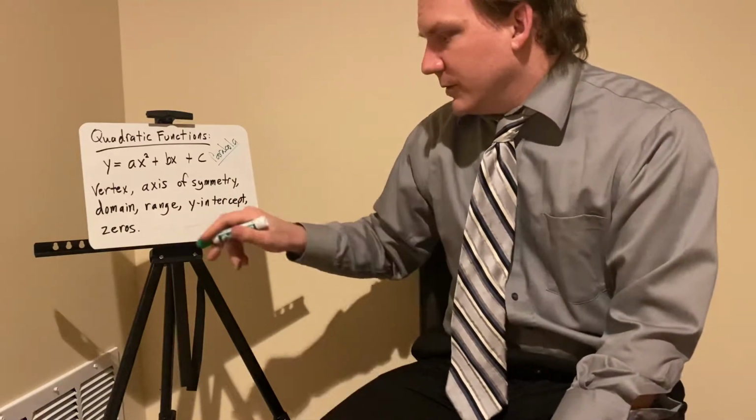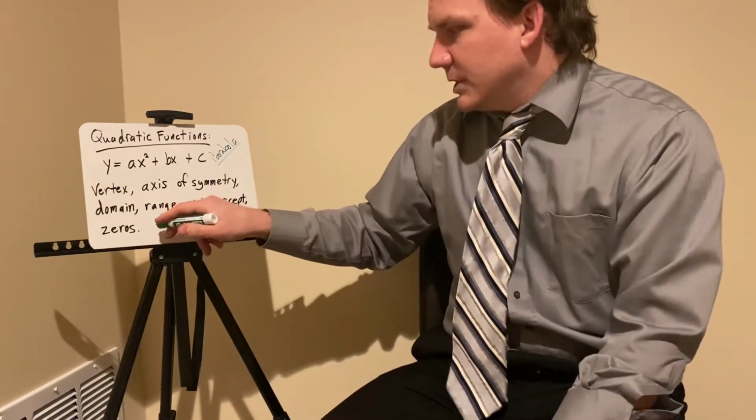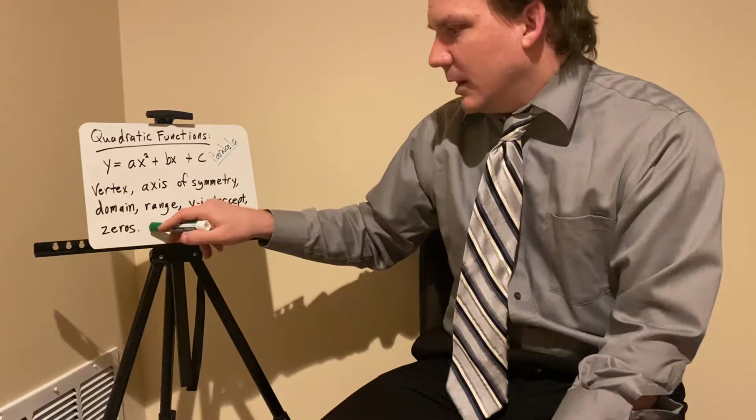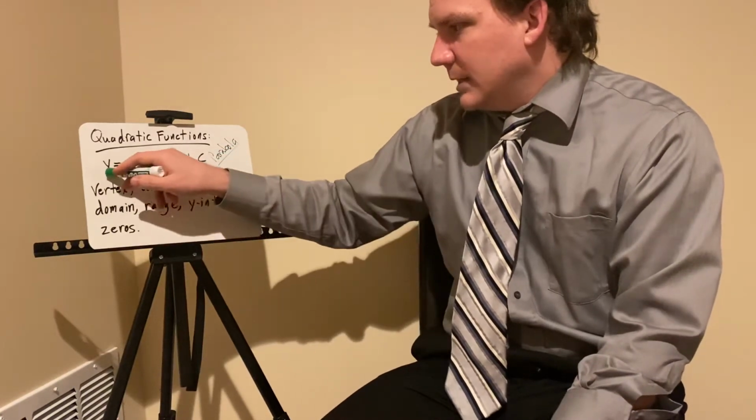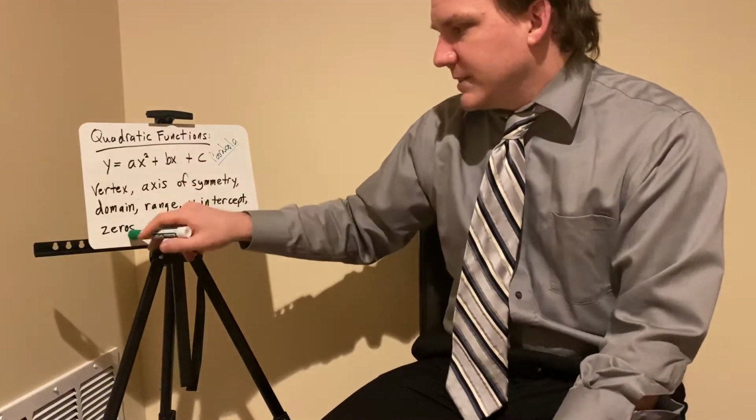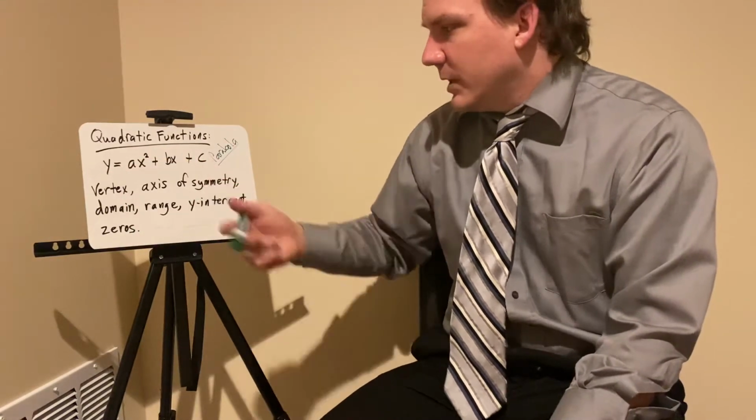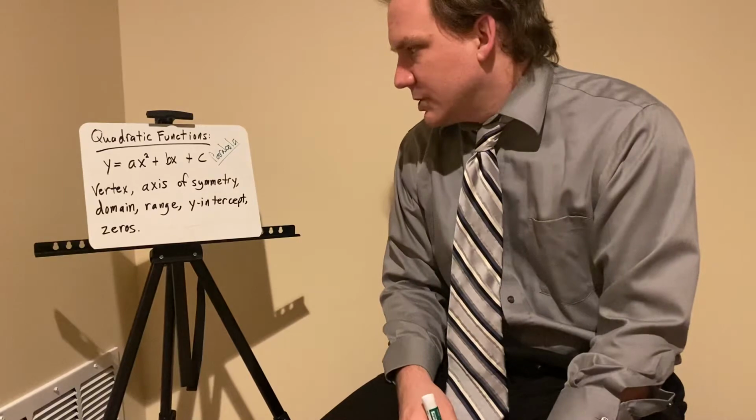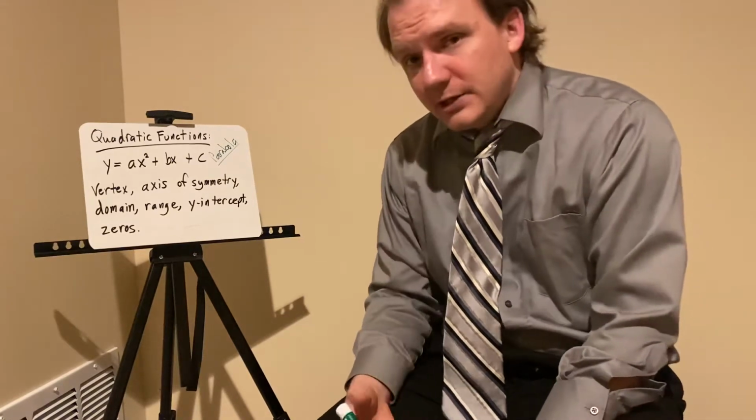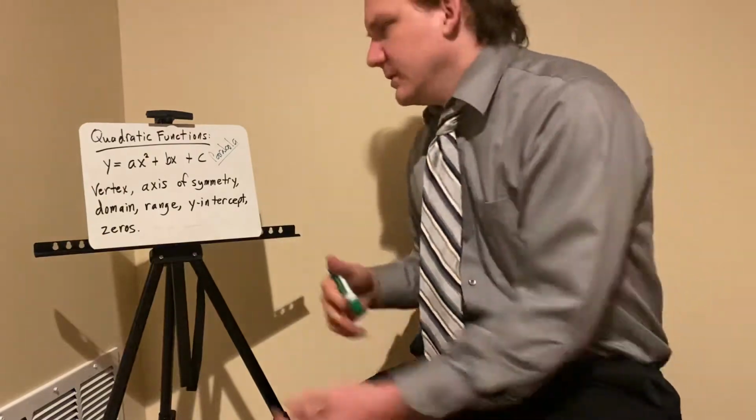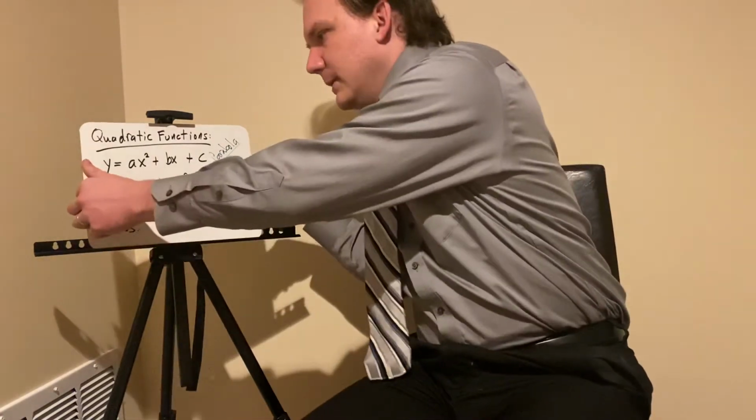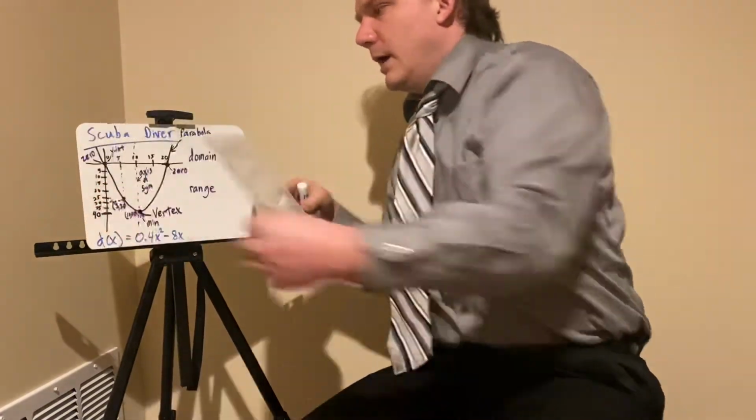And then your zeros. Zeros are where y is equal to 0. What is x equal? There's going to be 2 locations for that in a quadratic function, or there will be no locations, or you could potentially have 1. There won't always be 2. So there could be 2, 1, or 0, but there will never be more than 2. All right, so